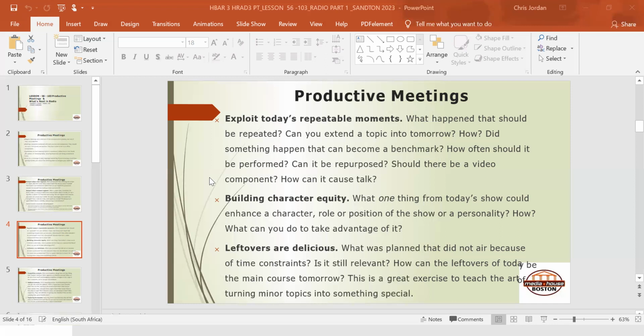Okay, it's a great exercise to teach the art of turning minor topics into something special. As well, maybe we did a little bit of a poll, and we did it as part of a feature, but we saw that the response was really great. So we decided, okay, maybe 2 days later, we're going to plan a really great elevation of this particular poll that we received,